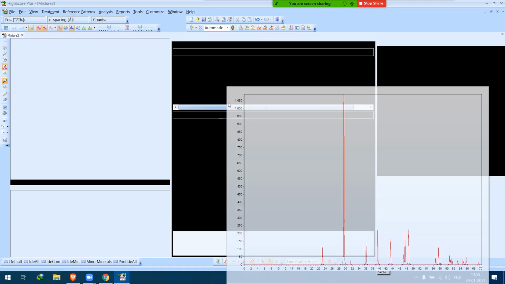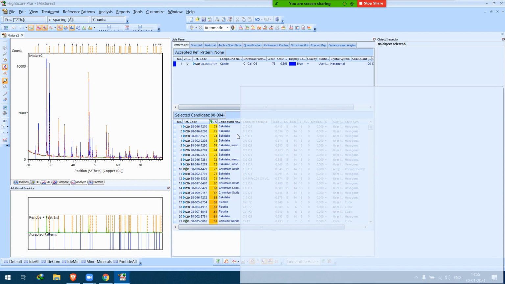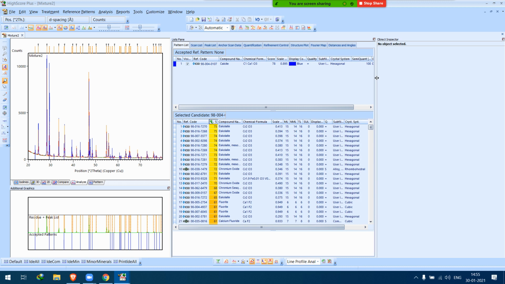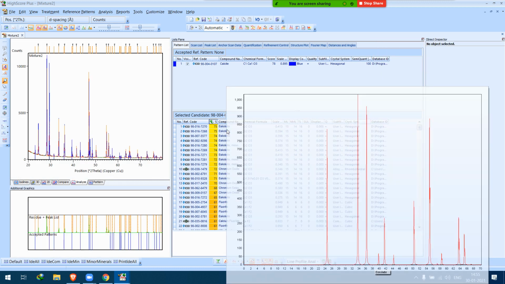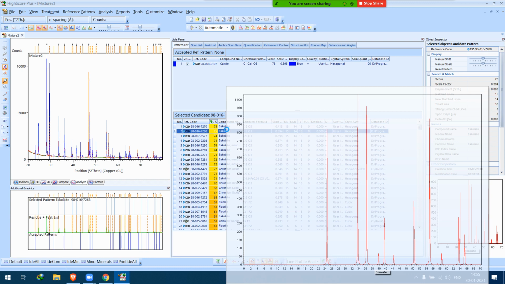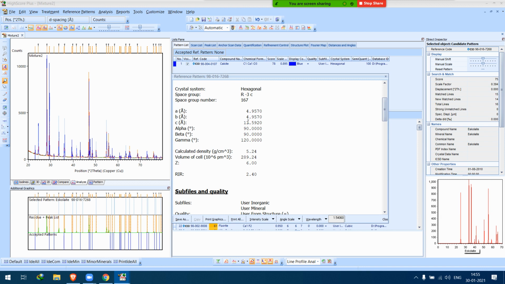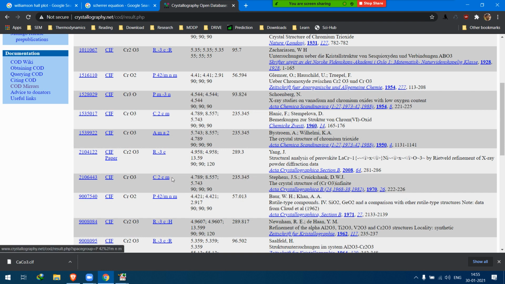Let me check the space group, I don't remember. Cr2O3 is hexagonal, R bar 3C.